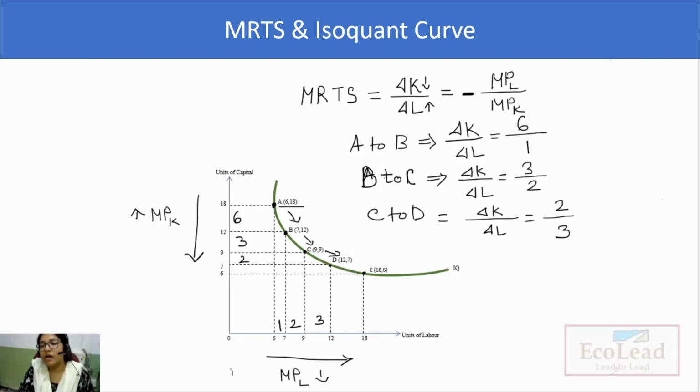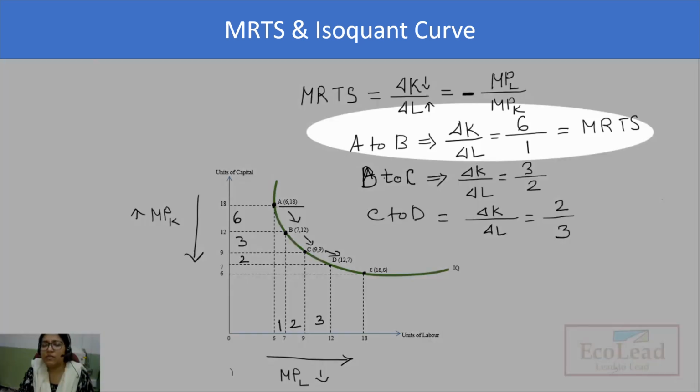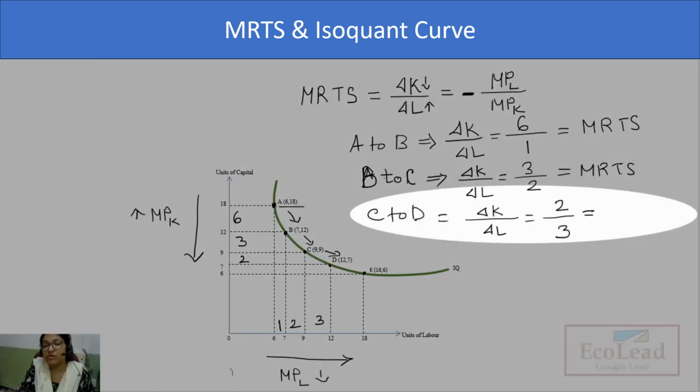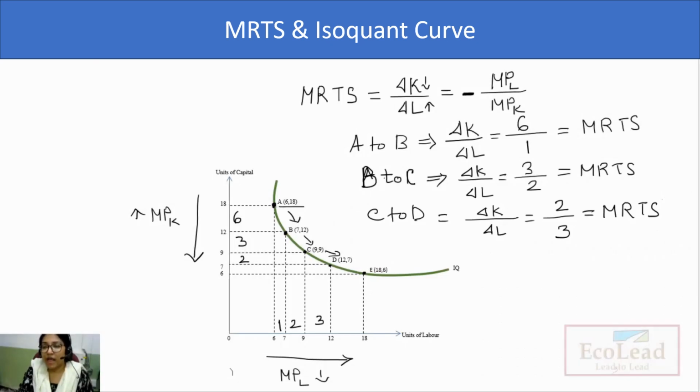So this is the value of MRTS as well. When we are moving from point A to B, this is the value of MRTS, meaning the value of the slope of the line that is joining point A and point B. This is also the MRTS, or the slope of the line that is joining point B and C. You can see that the value of the MRTS is continuously going down,